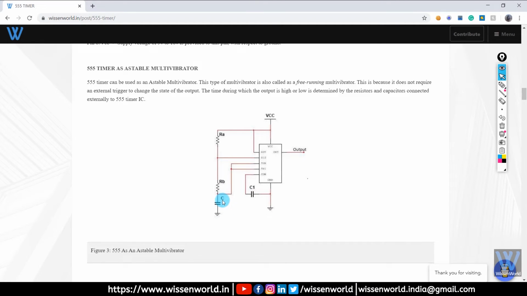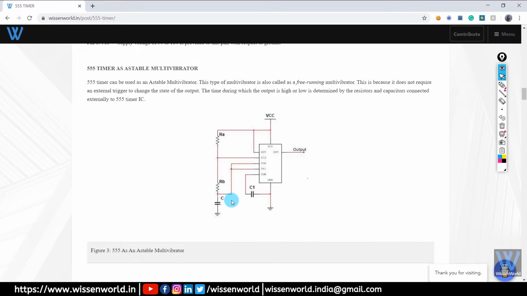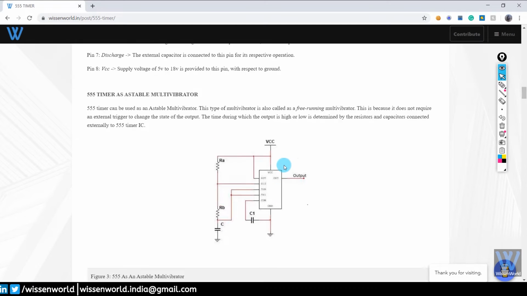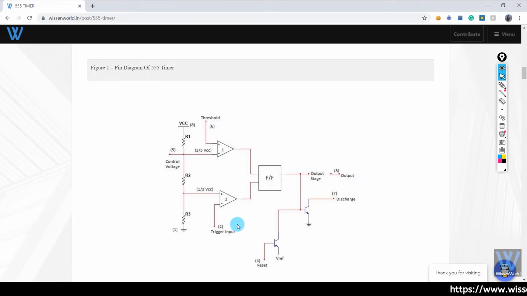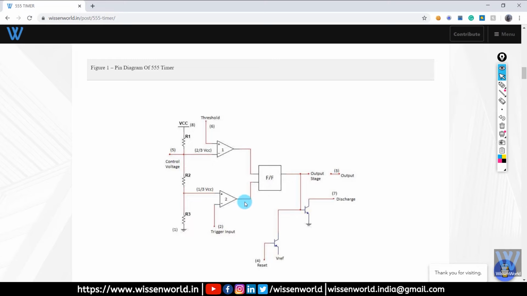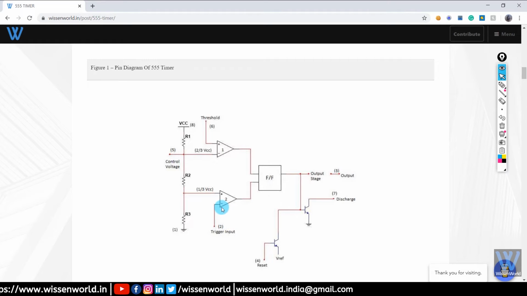Now when this capacitor charges, the potential at the trigger pin and at the threshold pin keeps on increasing. See, the potential at these two pins keeps on increasing. Now what happens is, when the potential at this trigger input becomes greater than 1/3 VCC, the comparator 2 output switches from 1 to 0, because now the inverting terminal potential is greater than the potential at non-inverting terminal.